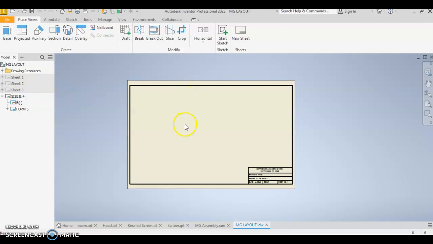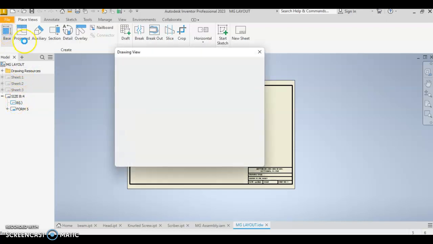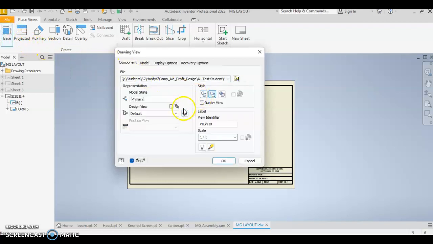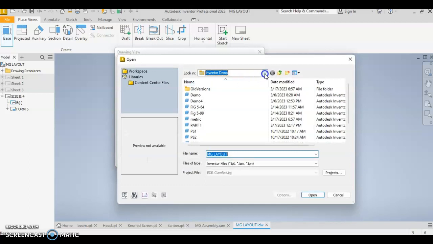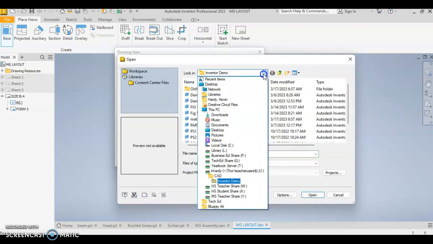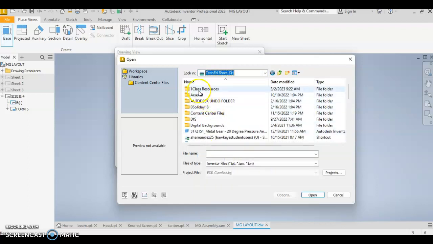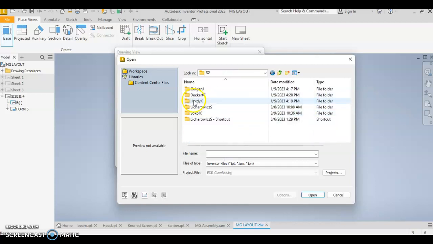And in here, now that it is set up as a B-size sheet, we're ready to bring our files in. So you come up to base, and you want to navigate to the part, and it's going to look at whatever your last part is open here, but we're going to check our existing files, and you want to go to your folder where you have everything saved. So my folder for this project here is a sample student folder, so students S2,